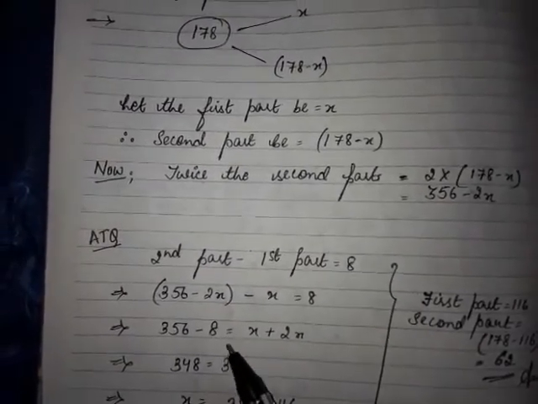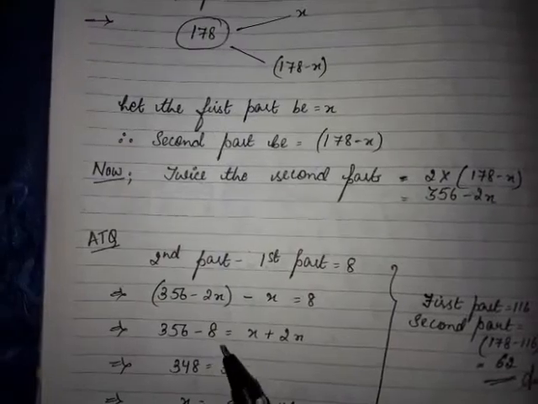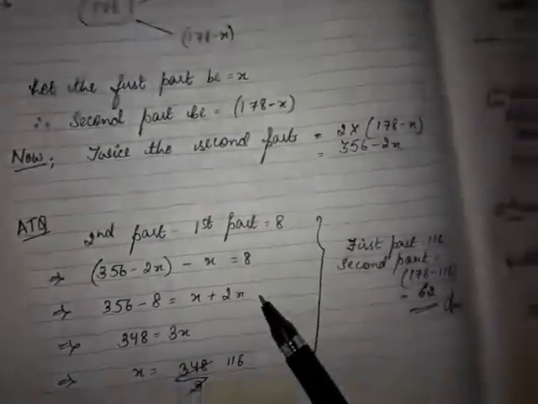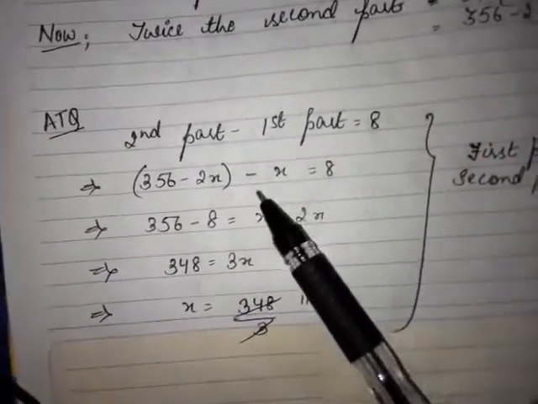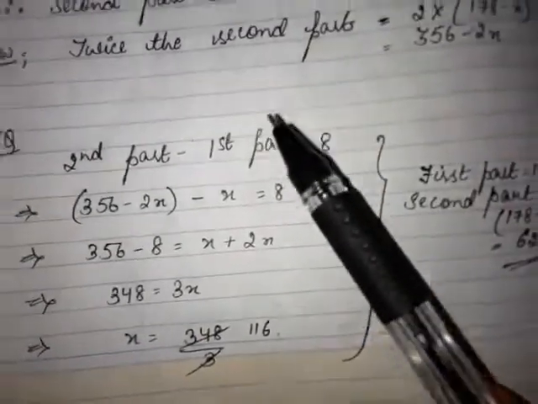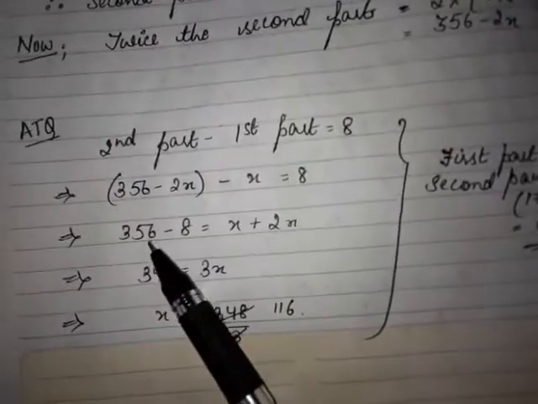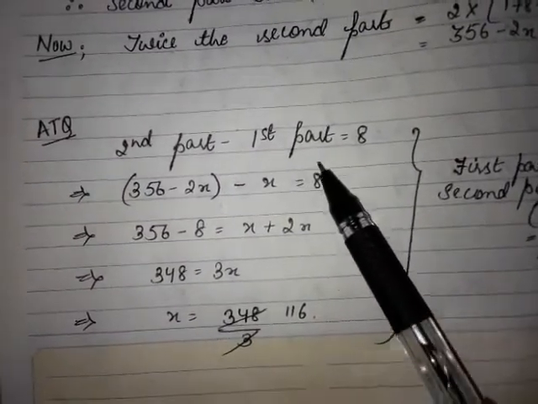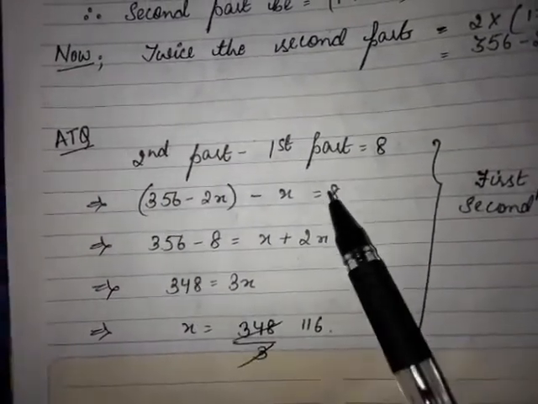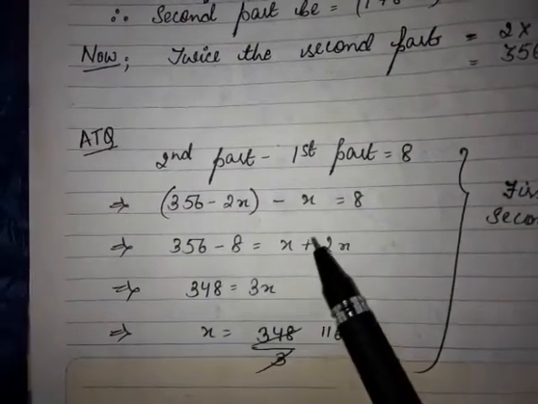See, the thumb rule of linear equation is we have to mention constant on one side and variable on the other side. And if the variable and constant are on either of the sides, it has to be brought into the respective side by changing the signs if needed. So 356, here it was 8, we have to bring it to the left hand side. So the plus 8 becomes minus 8 is equal to x.